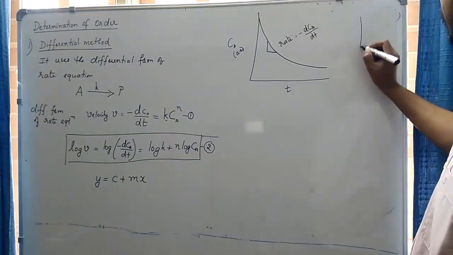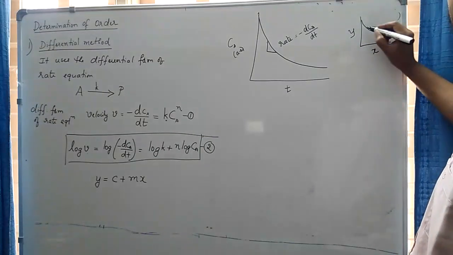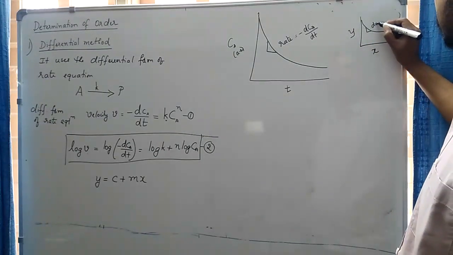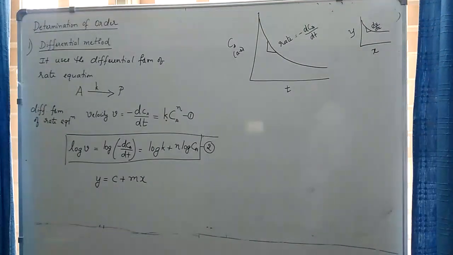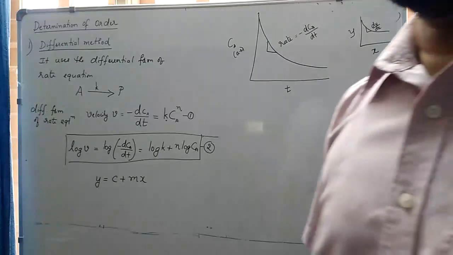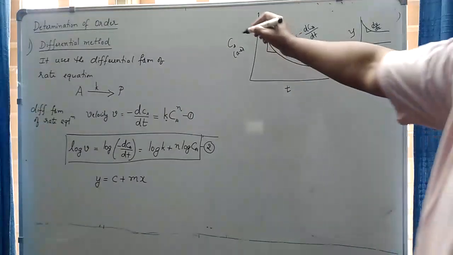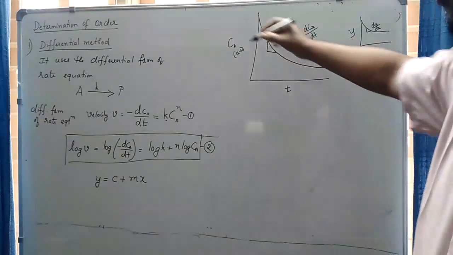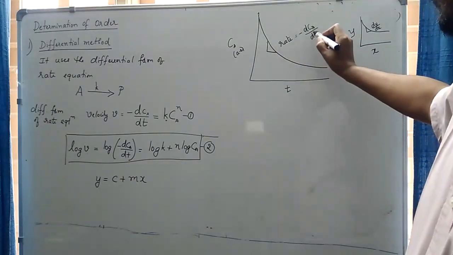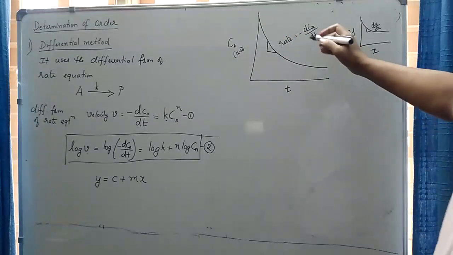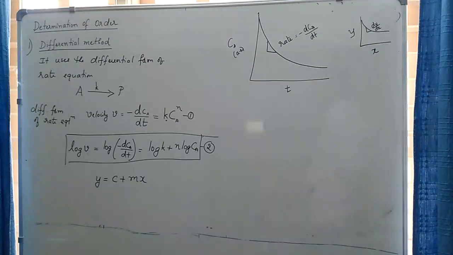Why? Because if you plot y versus x, you get some curve like this. The slope is nothing but dy by dx. In your mathematics class you have studied the geometrical meaning of dy by dx: it is nothing but the slope of a graph of y versus x. So here, instead of y versus x, you have plotted concentration versus time. If I take the slope, that slope is nothing but the derivative dCA by dt. Here the minus sign just signifies that the value of CA decreases with respect to time.